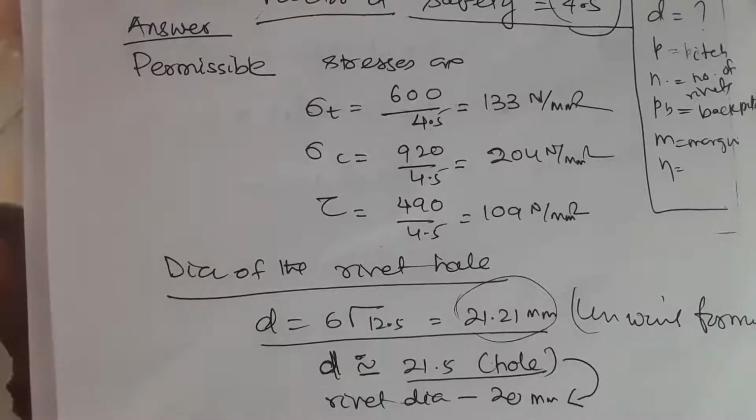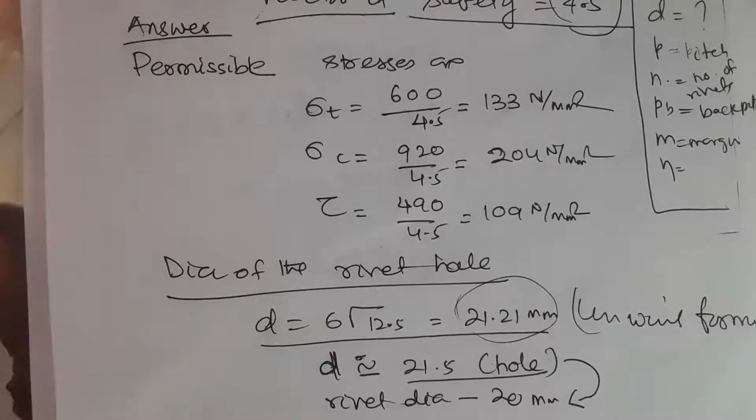and for the corresponding rivet diameter, we look in the table, it is 20, because the sizes go 14, 16, 18, 20, and then the difference up to 20, 24. After 24 it is in differences of 3, that is 27, 30, 33 and like that. And that is the standard rivet diameter available in the market. Now